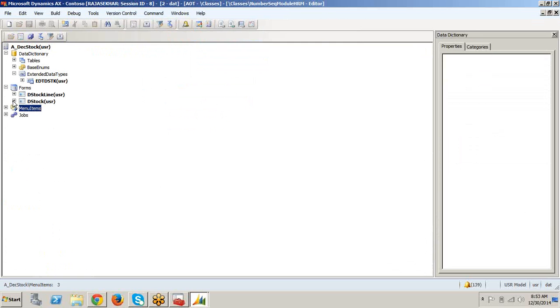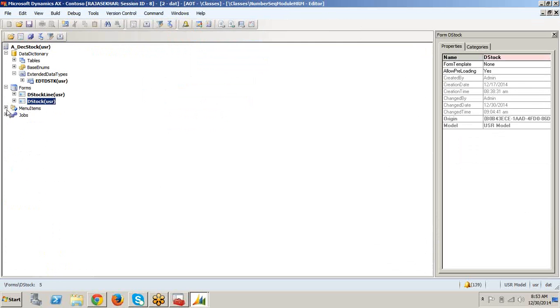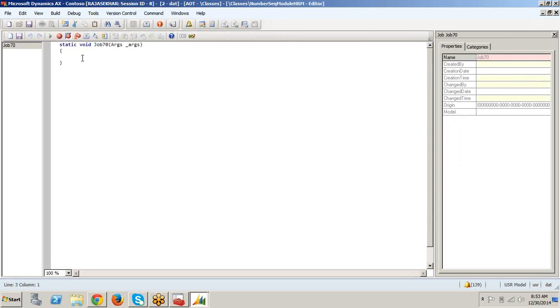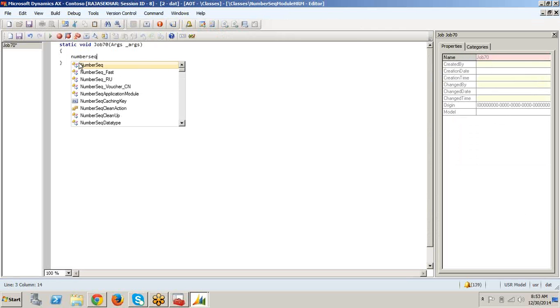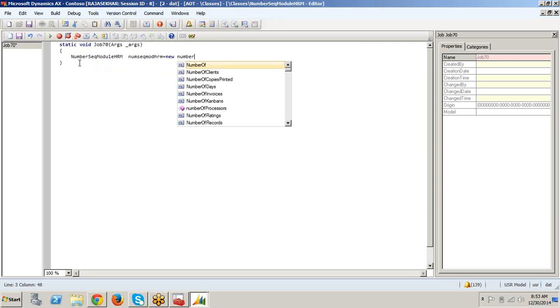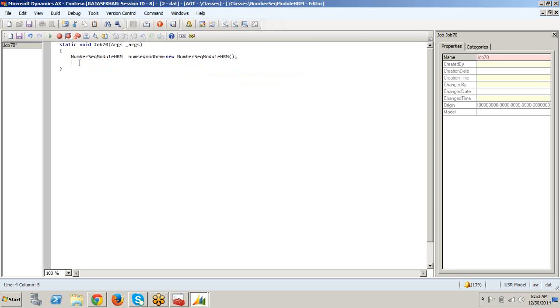In our project, we create a new job. In the new job, I am creating an object for the number sequence module HRM class.